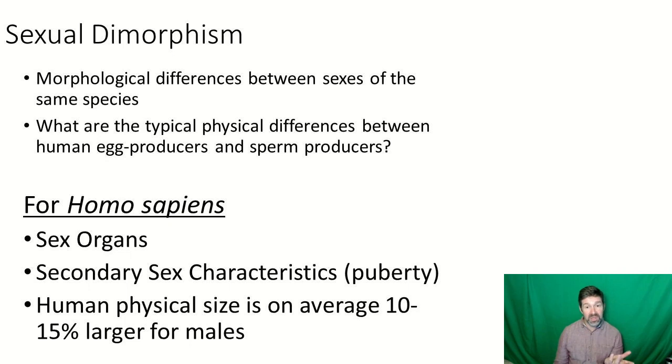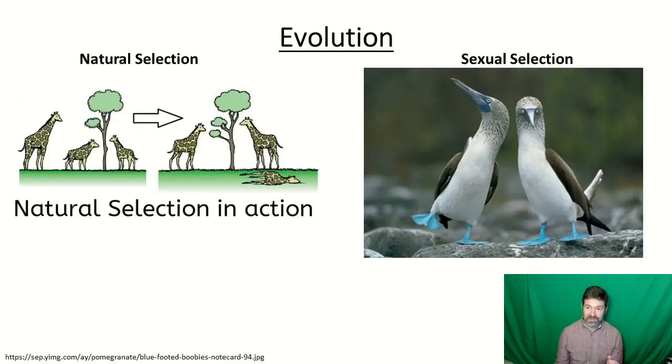But again, if we really think about intersex, that's where the power of the archetype doesn't need to be true, right? You have a mixing as we move across the spectrum of what we think of as male to female. Now, why does that come about? Why do we see dimorphism? Let me tell you right now, and I'm going to show you some pictures in a second, that the dimorphism we see in humans is by far not the most extreme, right? We're pretty much the same. So where does dimorphism come from?